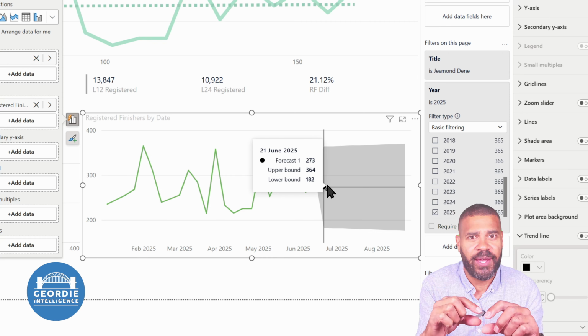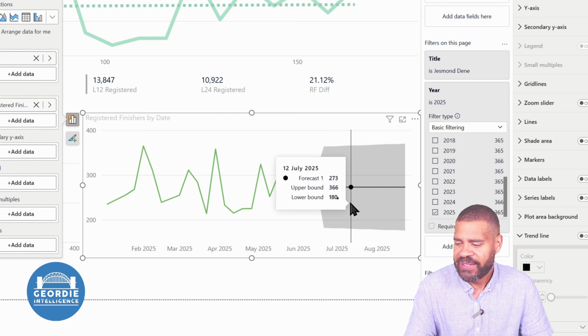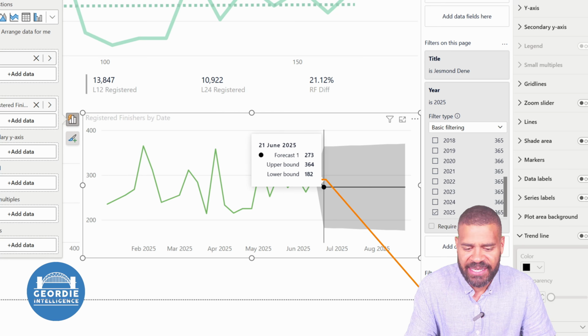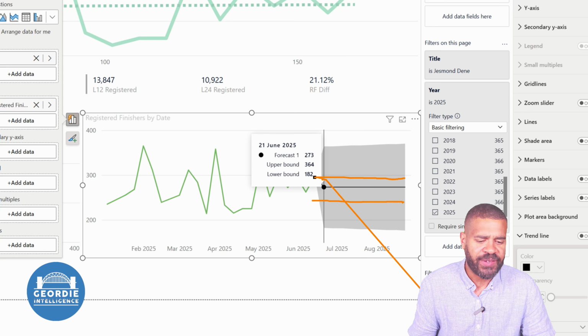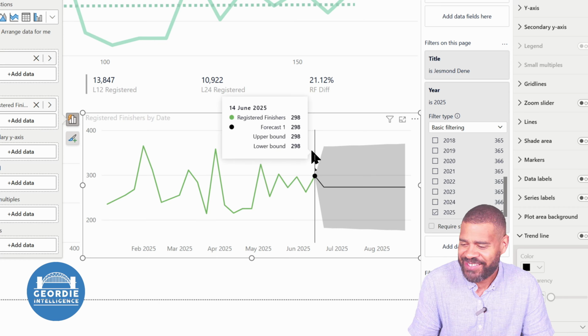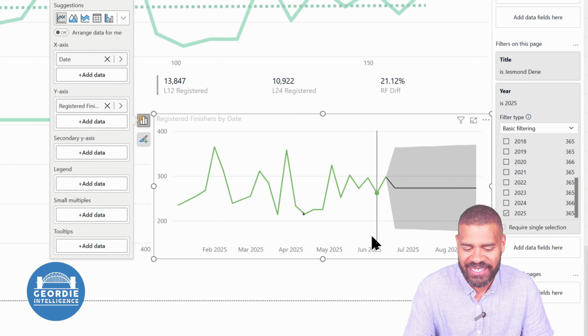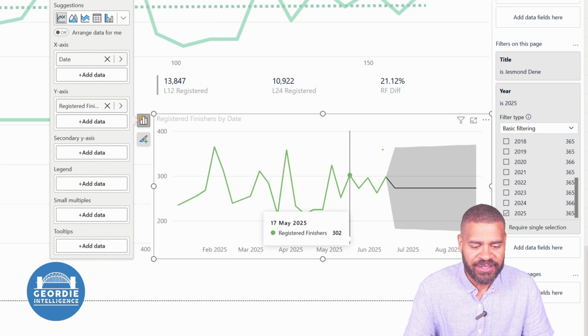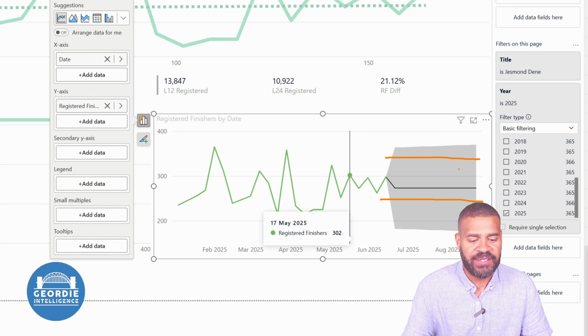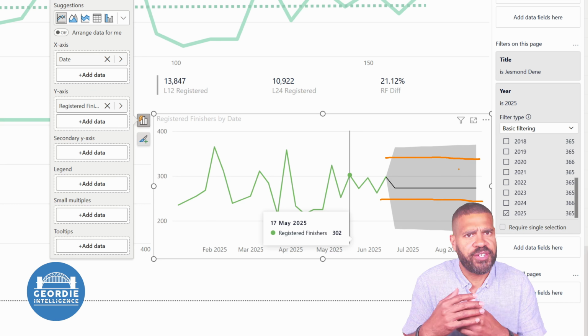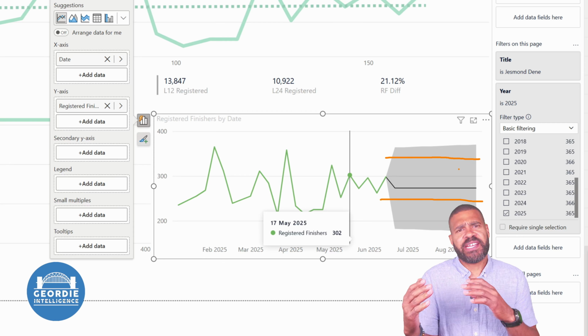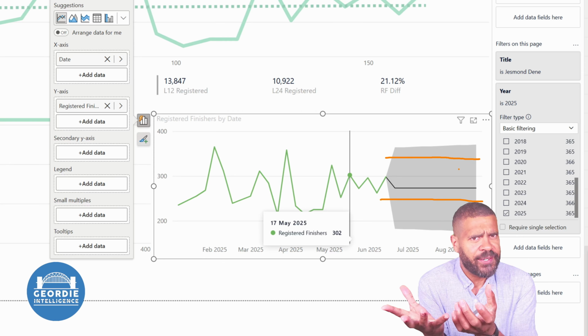Okay, so what you'd really want to be getting to the point of is where we had a range kind of like that. Okay, quite a tight range. We'd probably never get to have a range that tight. I'd love to be able to get a forecasting range that tight for events for parkruns. But I think, realistically, we know that we are coming in for Desmond Dean, we're coming in between 250 and 300 to 320. Okay? So we kind of got to that window, like quite a tight window.